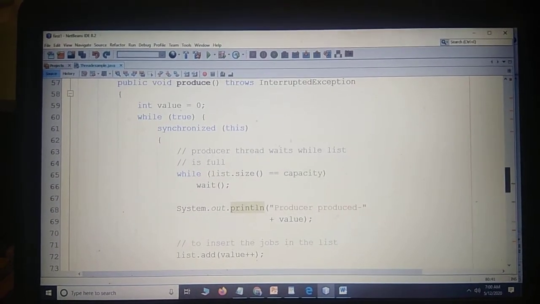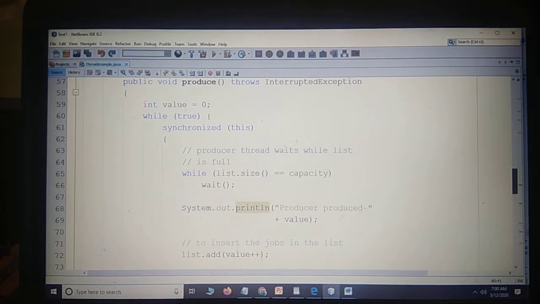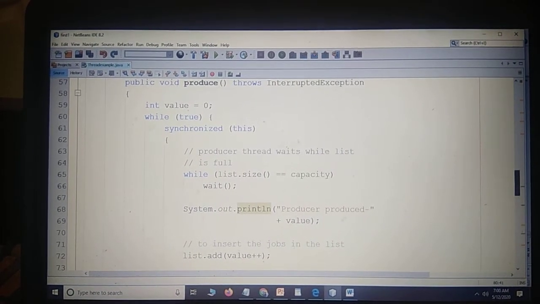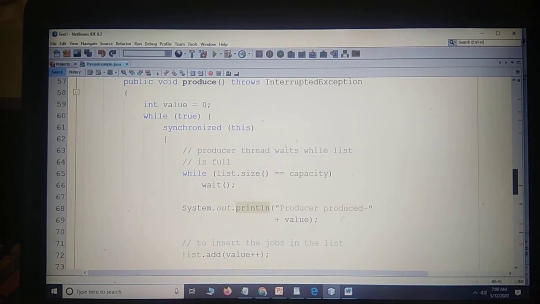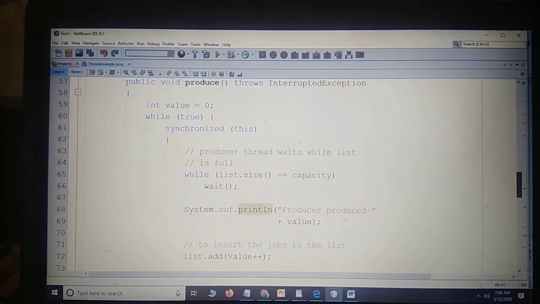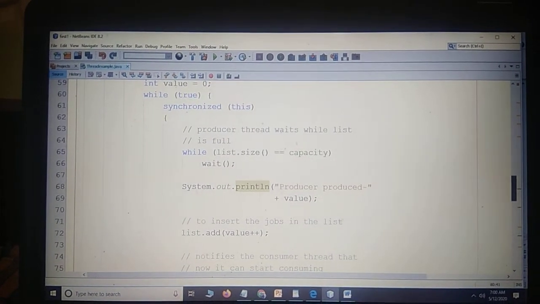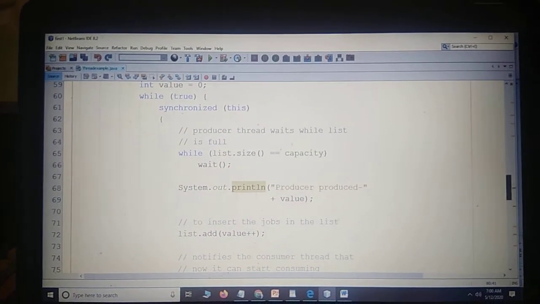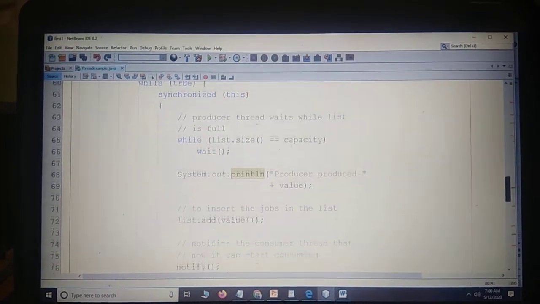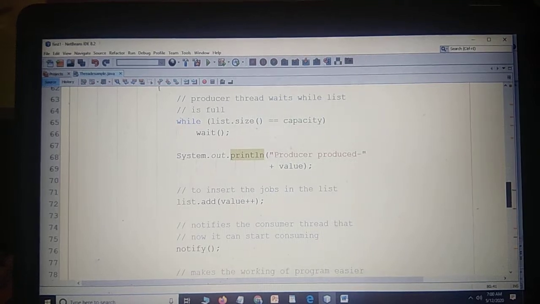Here, while list.size equals capacity, it will wait. So if the list is full, then it will wait. If it is not full, it will execute and add the value the producer produced. Every time the value will be incremented and added to the list.